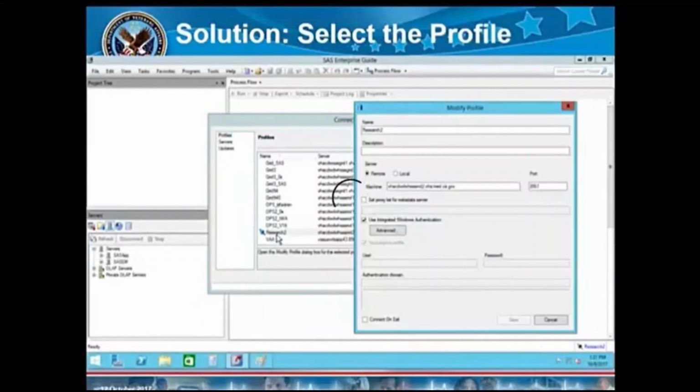In this case, I select Research IWA, and I just named it that up here. You'll likely have a different name. This is where I connect. The port is automatically given to you. Merely click this checkbox, Use integrated Windows authentication, and that works off of your PIV card. There's no reason to put in usernames and passwords anymore, as we're going to a completely PIV-compliant environment,